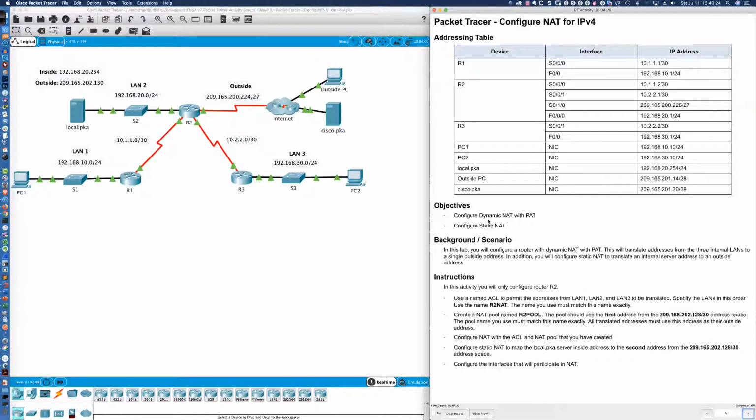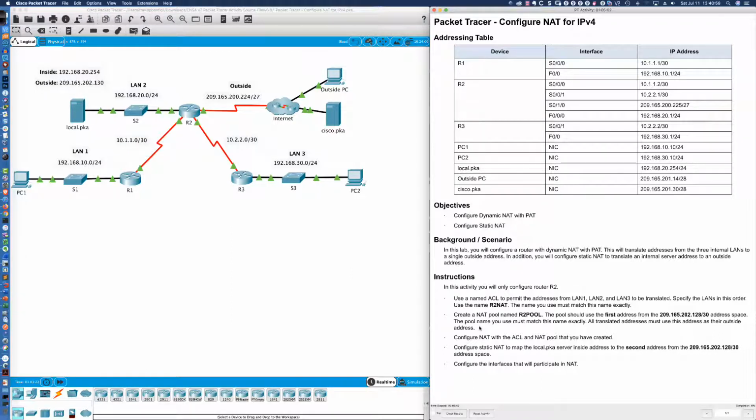We're going to configure dynamic NAT with PAT. In other words, we're going to be configuring NAT overload. Now, one of the things I like about this activity is right down here when we go to create the NAT pool, because they throw in a little twist here. We haven't created a pool in which we're using a single address. And again, you might look at that and say, hey, wait a minute, how can a pool only have one address? I mean, isn't that sort of the opposite of the definition of a pool?